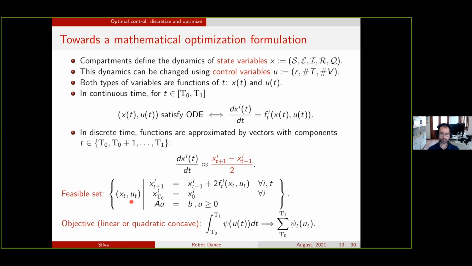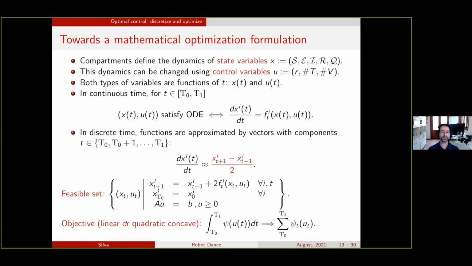And you have to estimate your initial conditions, and you can actually use optimization to estimate your initial conditions if you want, because you can write a problem that has constraints like the ones we have here, and you can use as objective to fit the data that you already have about the disease, about the pandemic. And you can also have extra constraints here. They're going to talk a little bit more about them, but they can do things like ensure that, for example, the number of people that become sick is not so high that you have problems with the number of ICU units, intensive care units that you have.